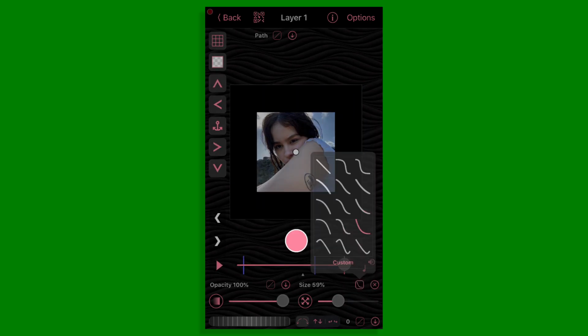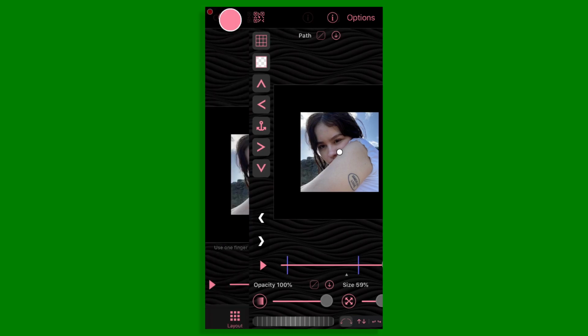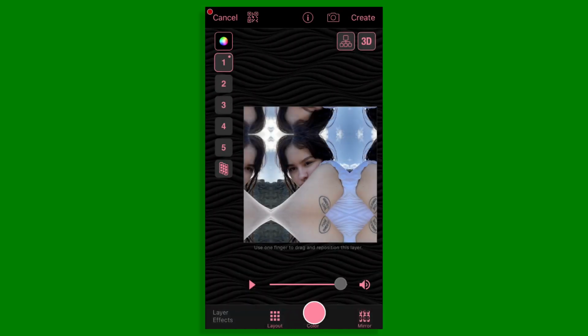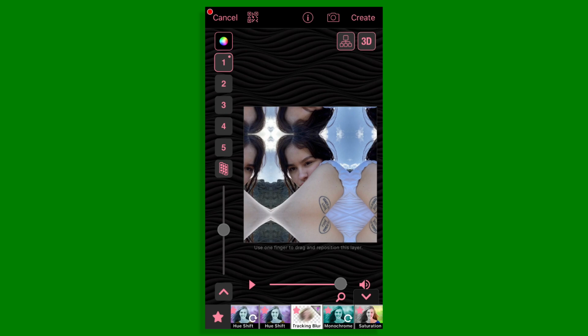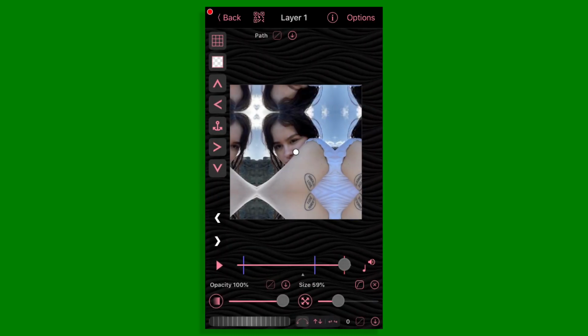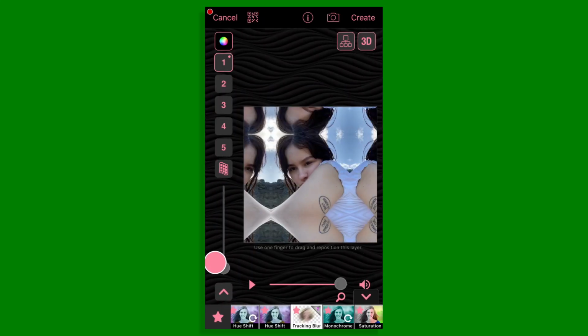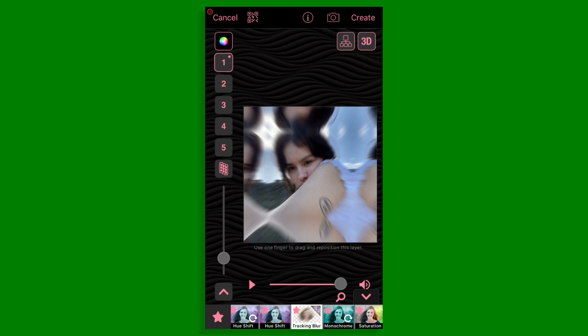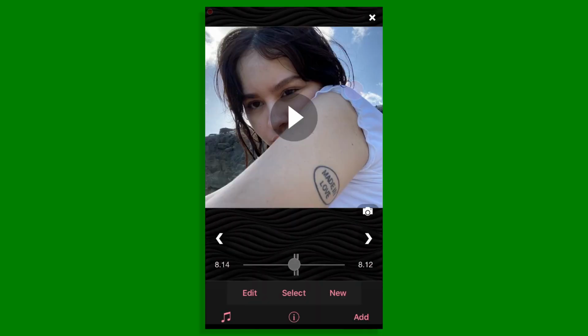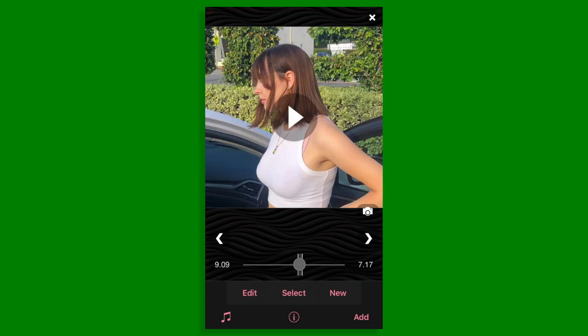But you go to the end of the clip, go a few spaces back, press the down arrow for size, then you zoom out, and then you add your mirroring, and you go to tracking blur. I had to change my curving path again because I messed up. That's how you can tell I haven't been editing that much. Then for your next clip,